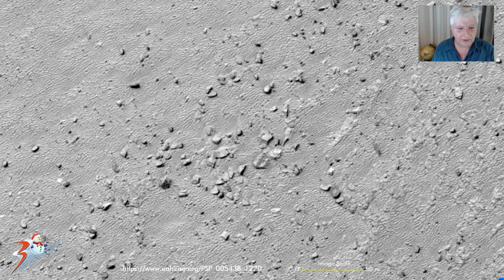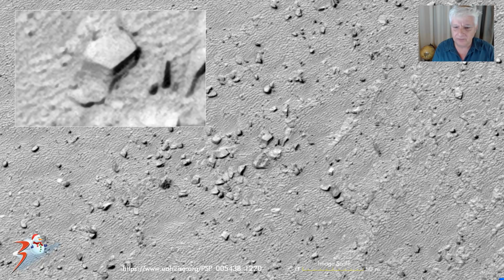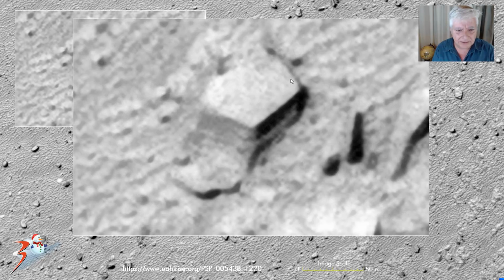So now we're looking at this strange rectangular object in the center of the screen, which measures about 5 meters in width and about 8 meters long, and then it's got this side to it there on the left. As you can see, this area we're analyzing is really bright. Looks like river sand perhaps, and I've struggled to adjust the contrast so that we can still see the detail, but check it, this